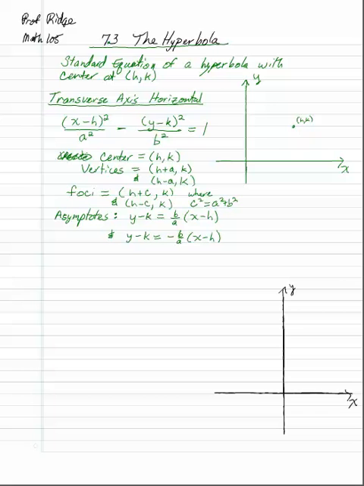Basically, just like the ellipse, I'm going to look under the x. I'm going to go in the x direction plus a, in the minus direction, minus a, provided a is a positive number. And then for b, I'm going to go up b, down b,